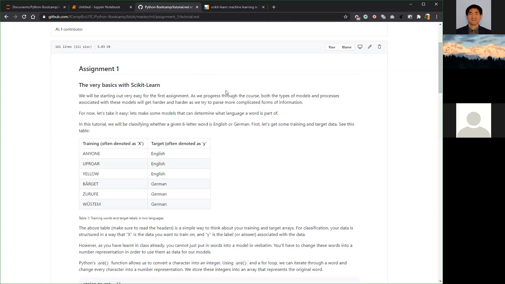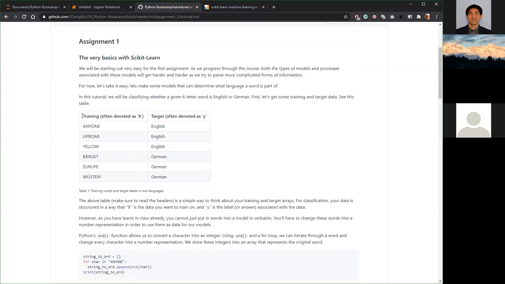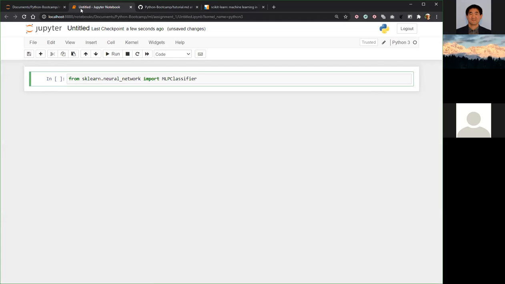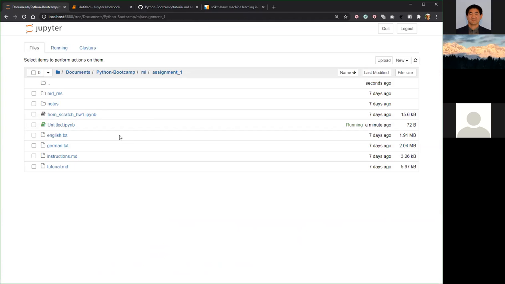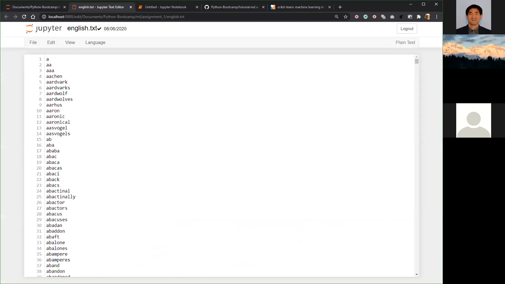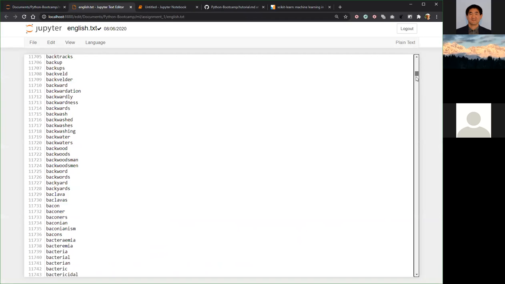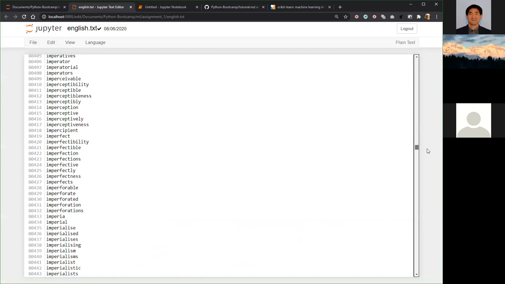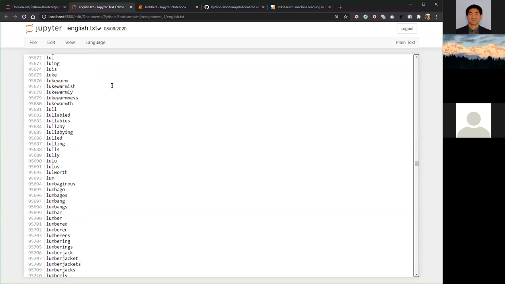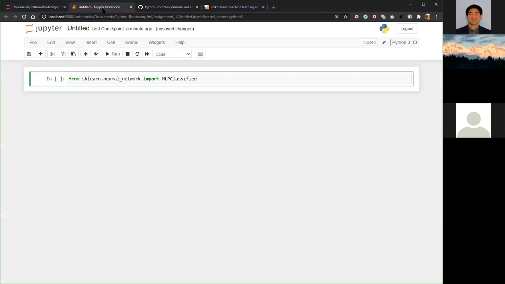Going into the tutorial, what we'll be doing today is actually classifying between 2 languages, English words and German words. As you can see within the assignment 1 folder, we have a German.txt and an English.txt. If we looked at this text file, it just contained a ton of quote-unquote English words. Closing out here,